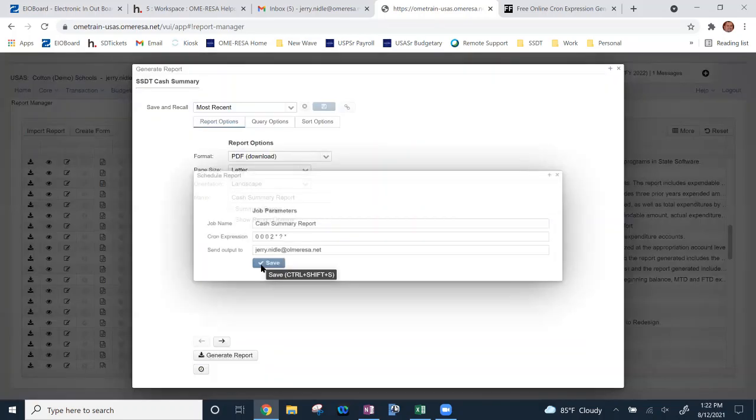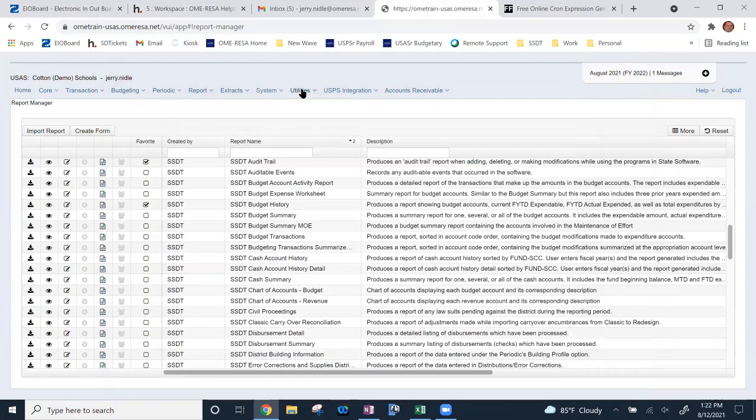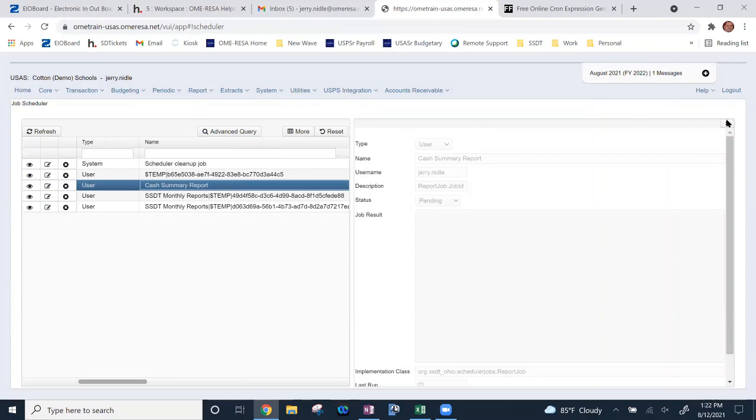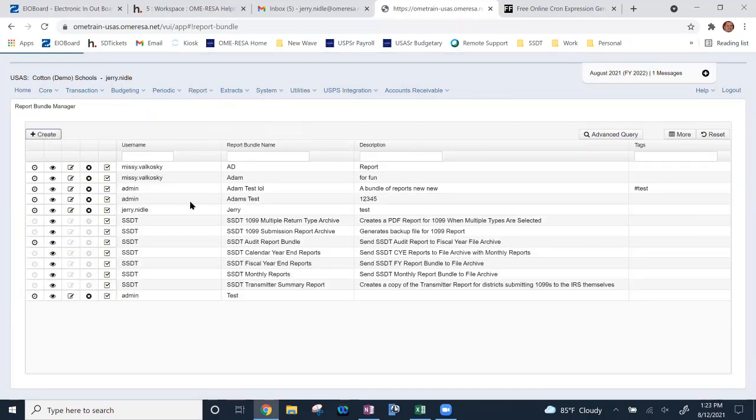When I do that, that job will now show up under Job Scheduler. And that's what he'll help you with if you want to send reports out every month to people. But that's basically how it's done. But instead of doing what I just did, using that cron expression, just by going to a report and clicking that little clock and scheduling it, you can still use a cron expression, but it's better to do it under Report Bundle. When I create the bundle,